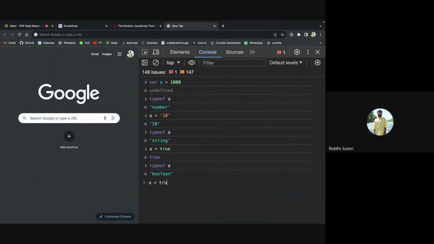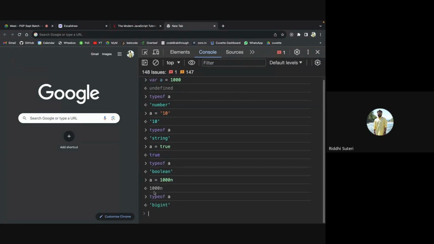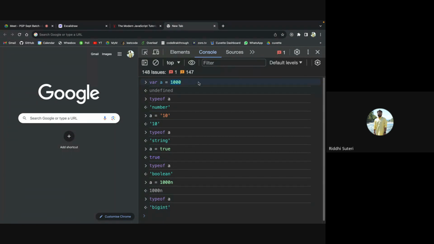One more thing let's do. Let's say I want to create a big int number and I want to represent it as a big int. So I can say this, and now you can see it represents a big int. If I give a very crazy number in the integer category, it might break.